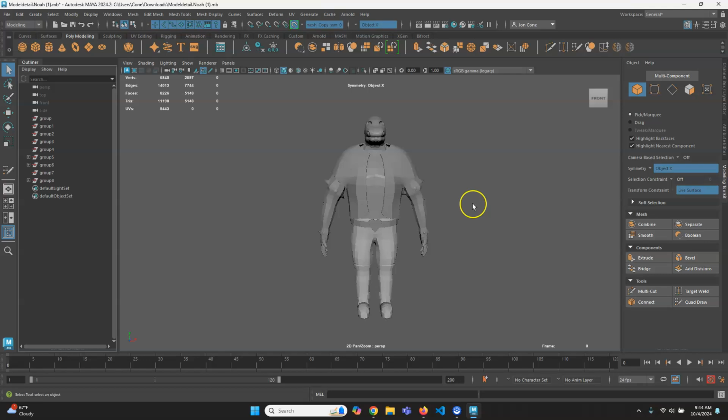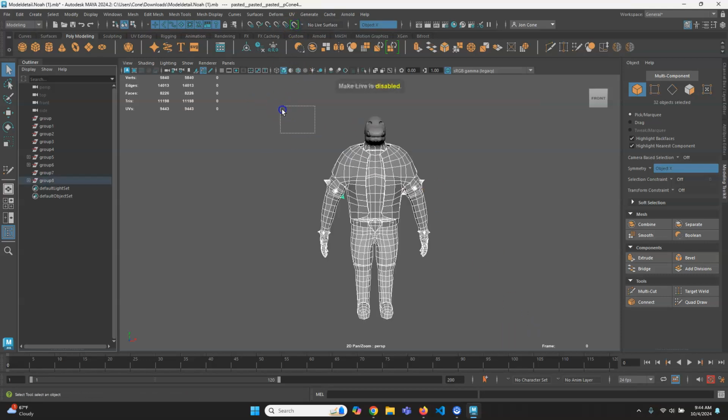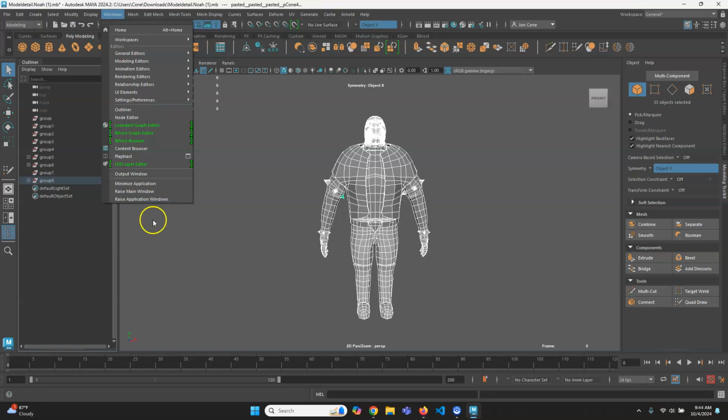But every time, just for my personal work, let's say I get my model done, the first thing I will do before I actually start rigging it is I grab the whole thing. Let's not make that live. I will grab the whole thing, and then I will just export it out as an OBJ and then import as an OBJ. I think OBJs are on by default, but just in case it's not,